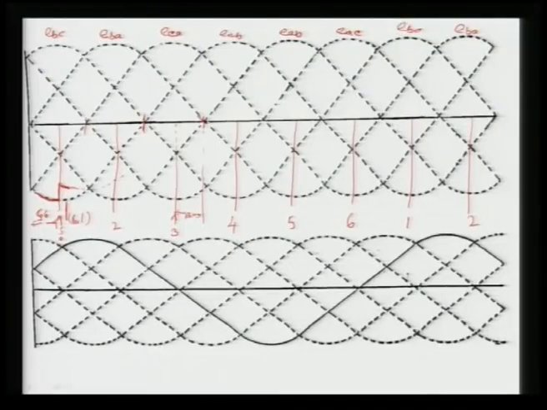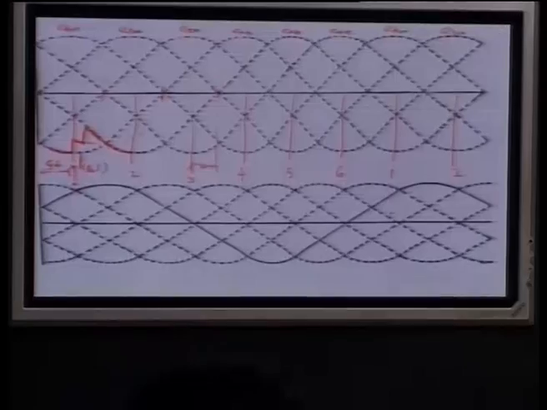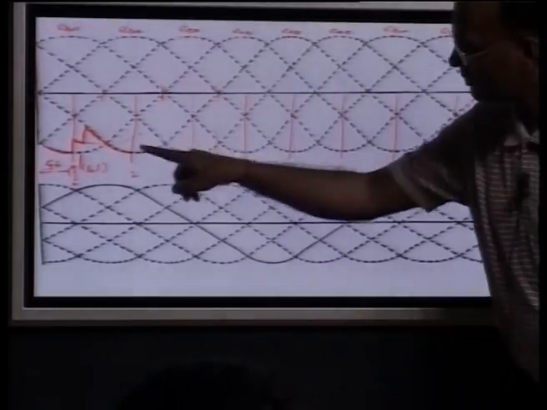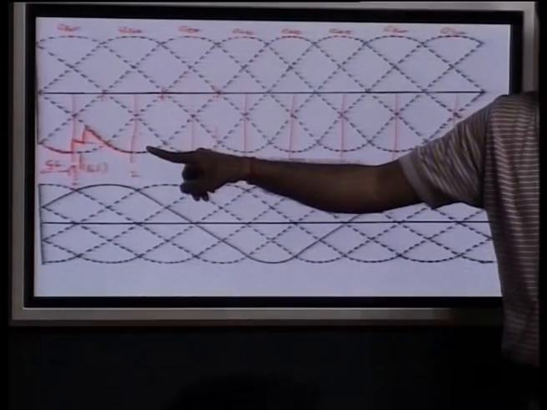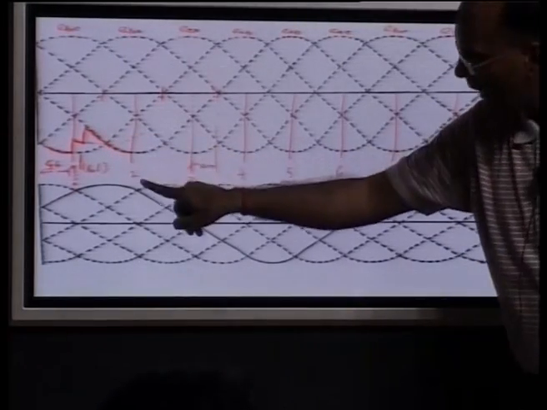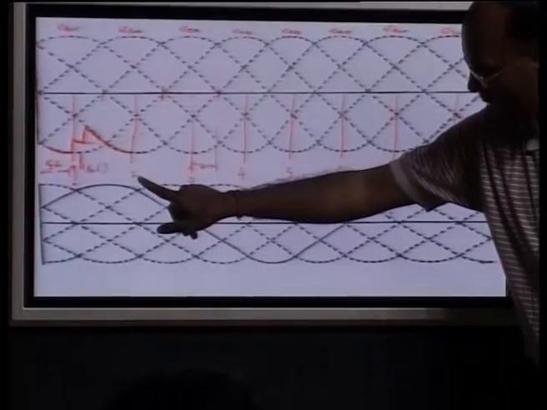AB is where? Here this is AB, so it will be coming here, and then it will be coming up to here at this point. Okay, because you can say this is a voltage, EAB is there. So just how I draw here, I check EAB here, this is going to be here, so it will follow EAB. Now at the point 2, we are giving the pulse to gate 2, valve 2,